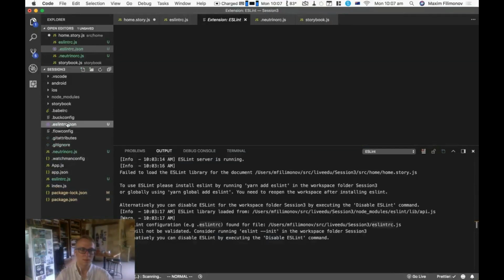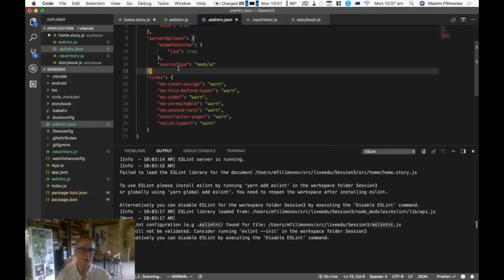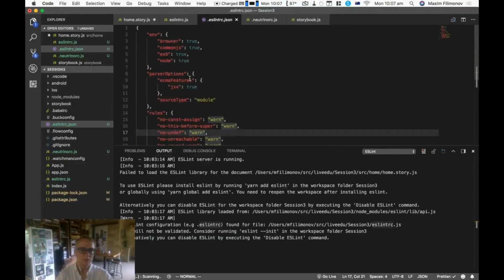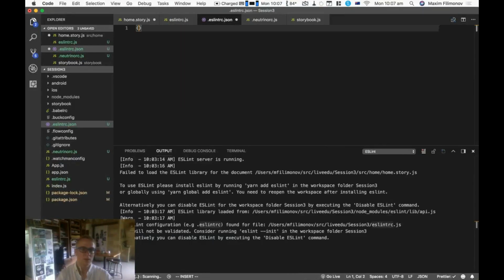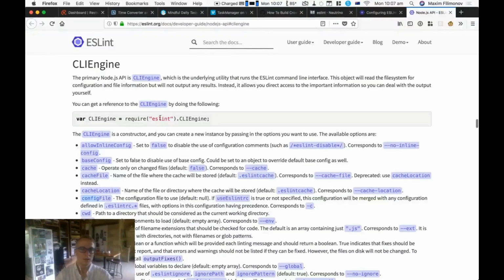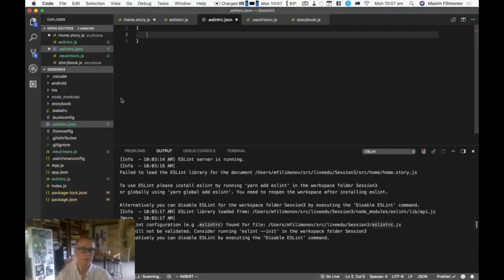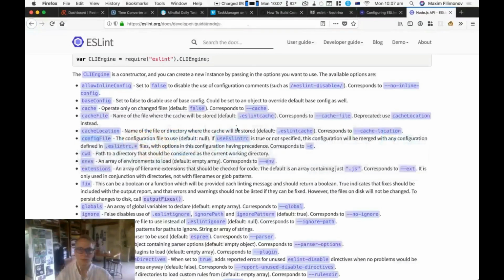Okay, so we'll create this file, and what I want to do now is take all of this, throw it away, and say that I want to specify here